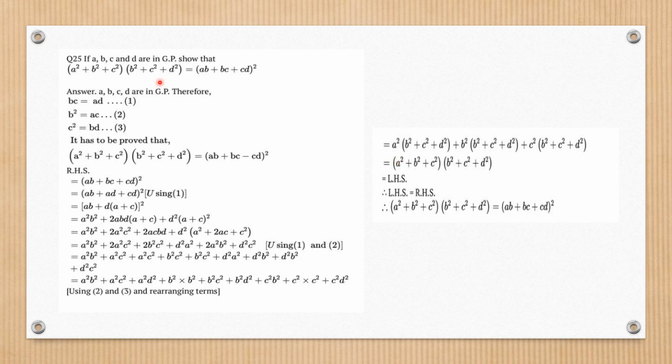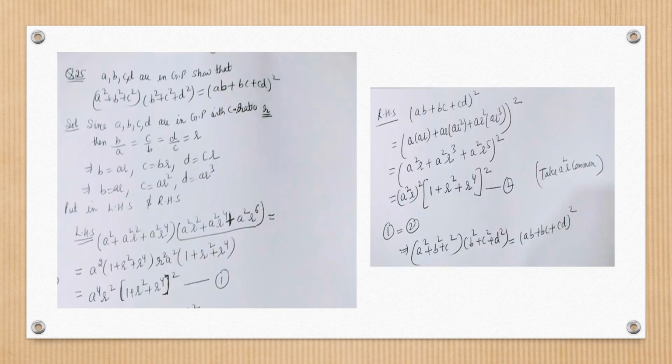The other interesting way of proving this question is that you can consider the ratios like A, B, C, D are in GP. That means B upon A equal to C upon B equal to D upon C. Let it equal to R. And that way is also there of solving this question. Now the alternative way of doing this question is also there. So you may find it much easier. So let us see with it.